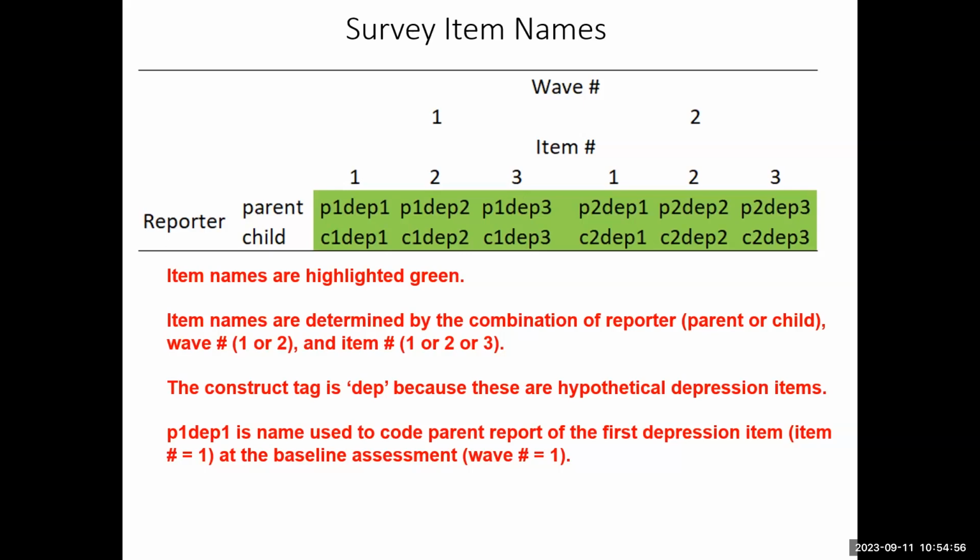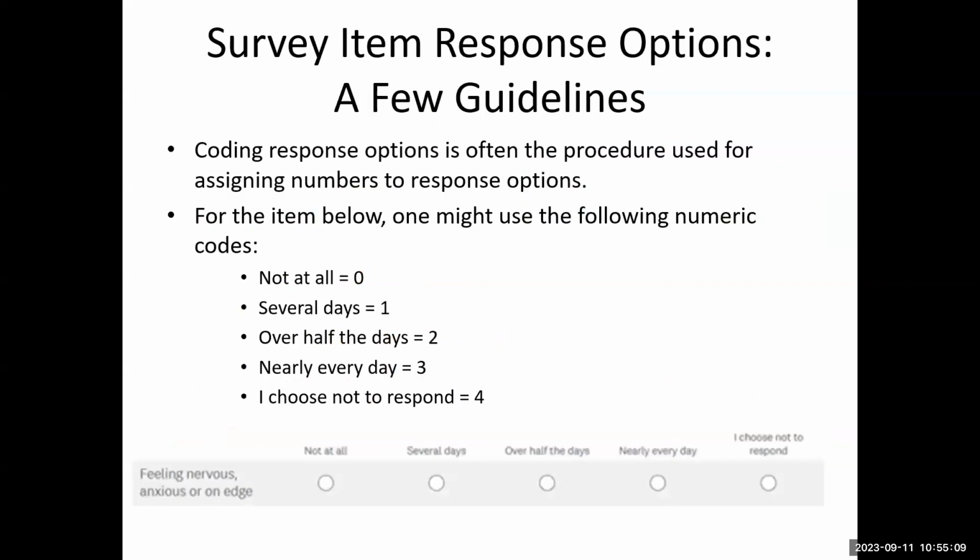So P1 DEP1 is parent report at time 1 for the first depression item. And then all of the other items have a similar interpretation. Okay, now I want to shift to talking about response options and provide a few guidelines. Coding response options,